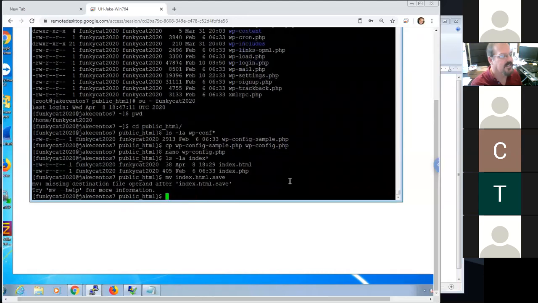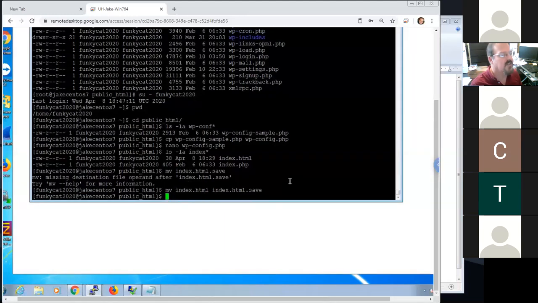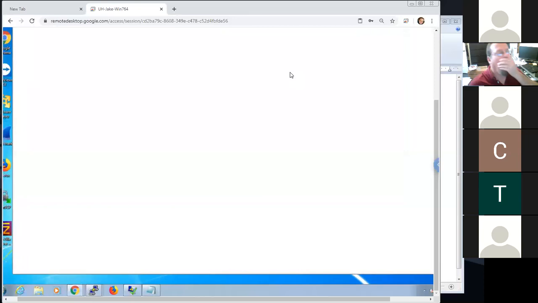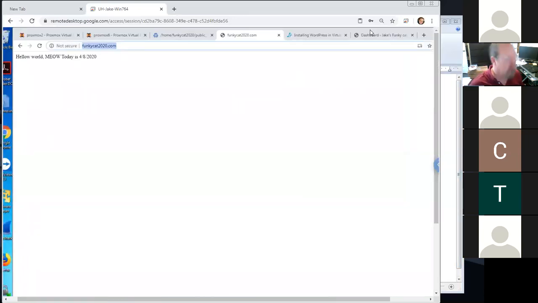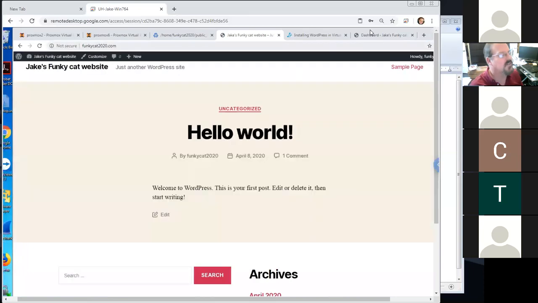You can either remove it or I'm just going to move it to something else, index.html.save, just to get it out of the way. Oh, not move, rename it. I have to have a from and a to. I got a little overzealous there. Okay, so now, if I go back here, refresh the screen,